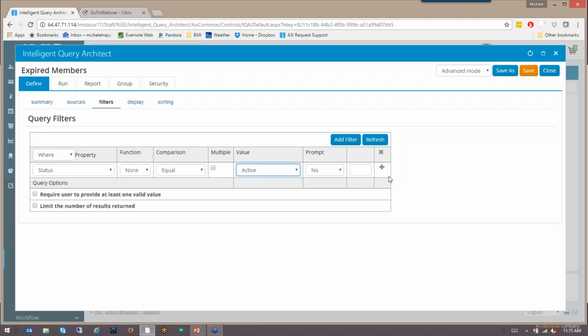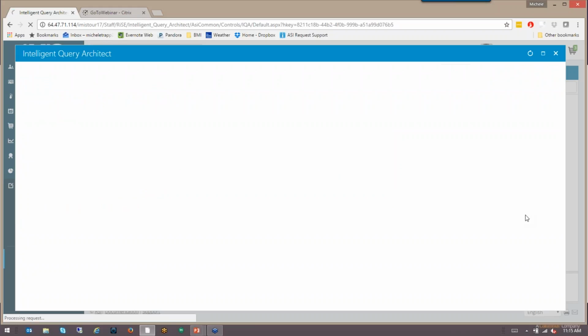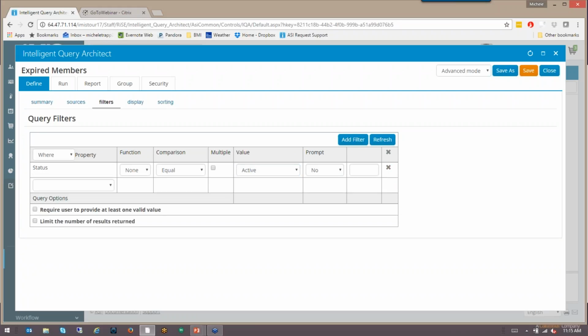And then one of the things that I want to make sure to mention is that every time you add a filter, you need to hit this plus sign and then it changes over to an X, because that actually adds it. One of the most common things, and I know I'll probably do it, maybe even as a part of this webinar, is sometimes you forget, you put the last thing in and you forget to hit the add, and then it doesn't add your filter. You run it and you're like, oh, the results aren't what I expected. I go back and look at my filters and say, yeah, I forgot to actually hit the plus